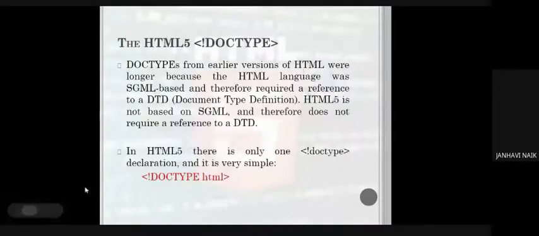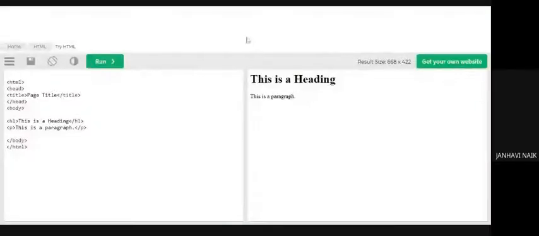Now, the very first line which you have to write in a notepad file. See, now coming to this particular page. Now when we were writing an HTML document, okay, this is an HTML document. This one I saved with one.html, and then when I run it I get this particular output.